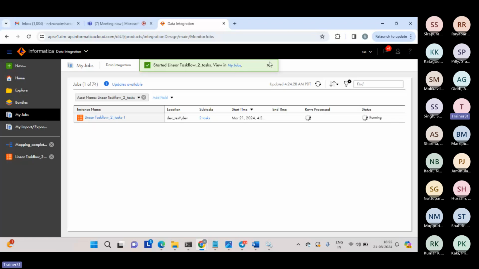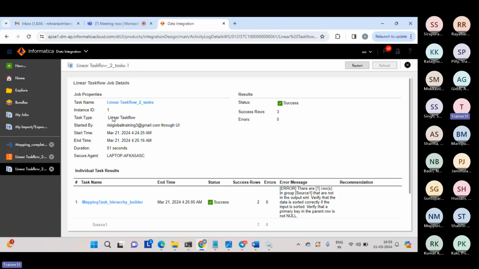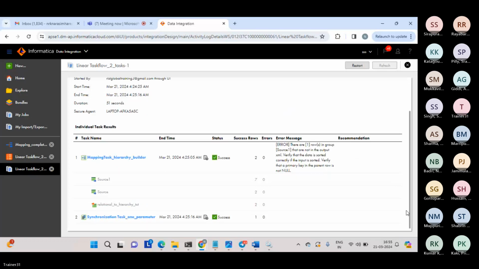Yeah. So now let us try to refresh. See, it got completed. So we can click on this where we can see multiple tasks. See, first it executed the hierarchy builder. We can see success for that. And we can also see the second task, where it returned only one row. Yep. So that's it. This way we are able to take care of running